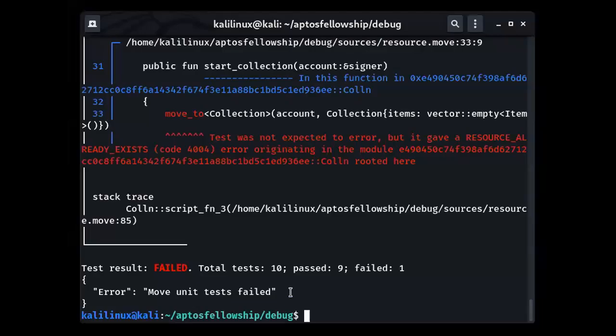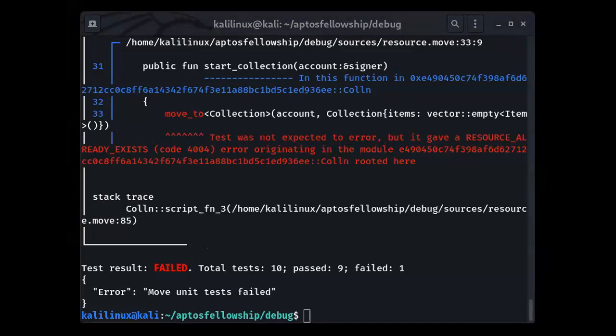Yeah, it's working fine for me. Let me share my terminal to show you the output. So if you see, this is the error code that I will get when I try to write this. If I add my address collection, start collection, after I also run the same line, meaning that if I have